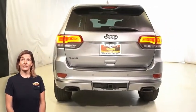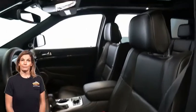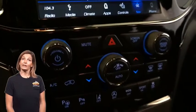lamps, dual dark chrome exhaust tip, heated and ventilated front seats, heated steering wheel, active noise control system, 8.4-inch touchscreen display, navigation, ParkView rear backup camera, Apple CarPlay and Google Android Auto,